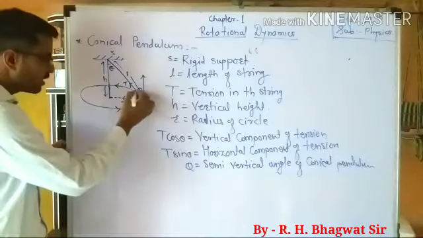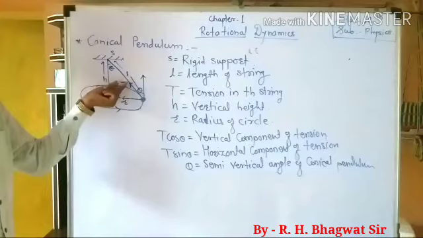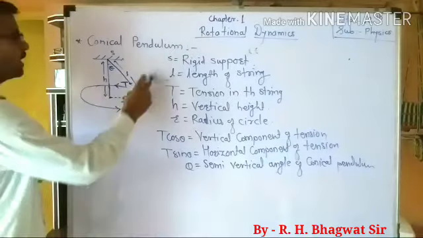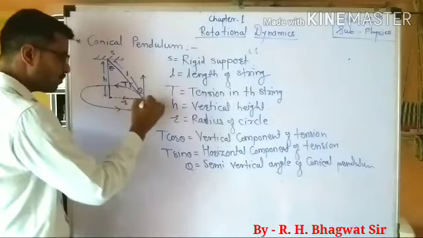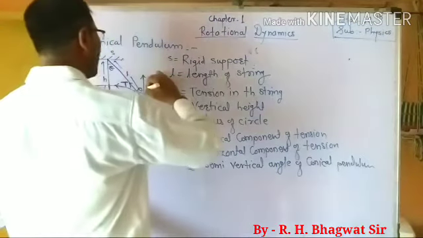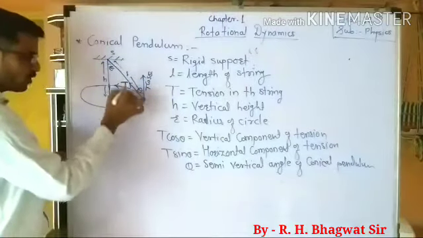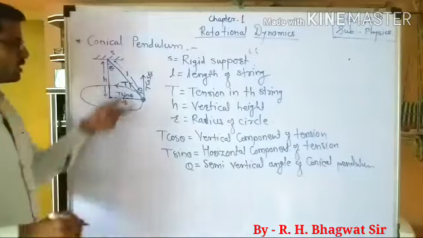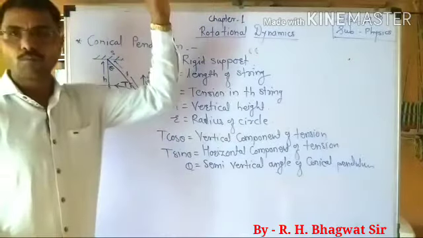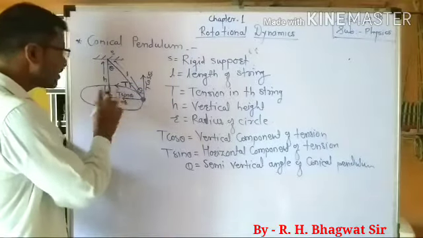If the tension in the string is capital T, then this tension can be resolved into a vertical component and a horizontal component. The vertical component of tension is T cos theta, and the horizontal component of tension is T sin theta. The vertical component is directed upward, while the horizontal component is directed toward the center of